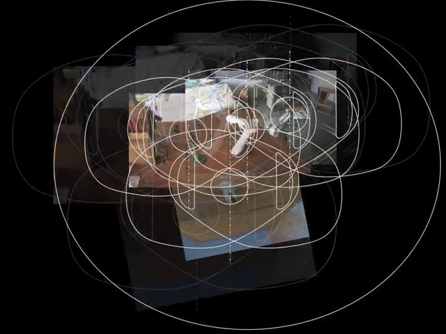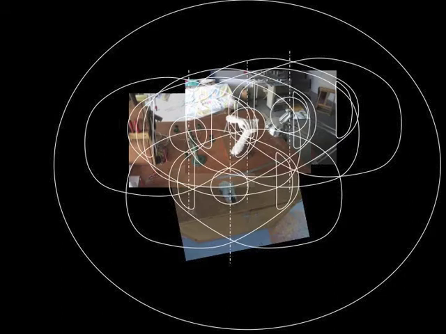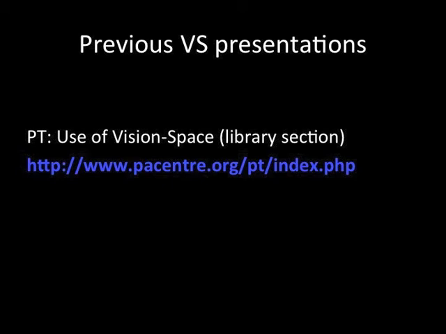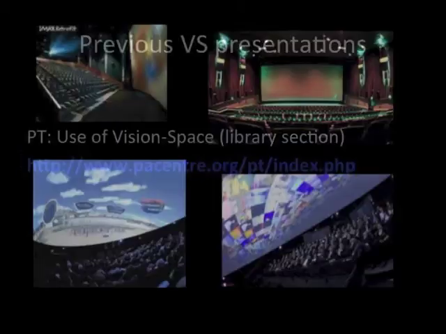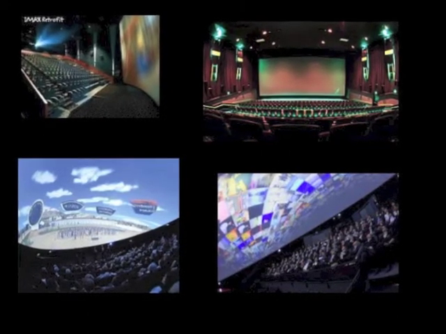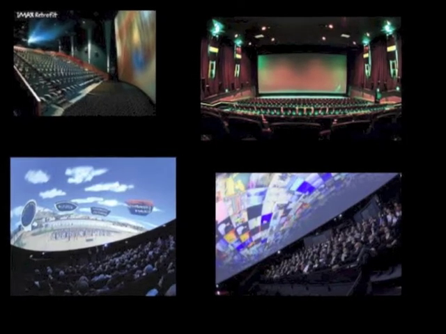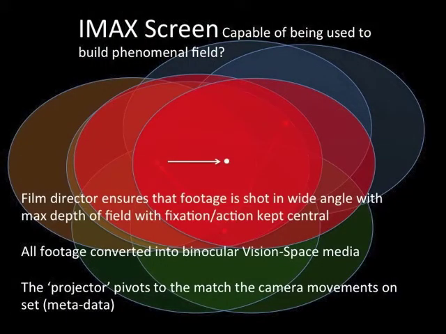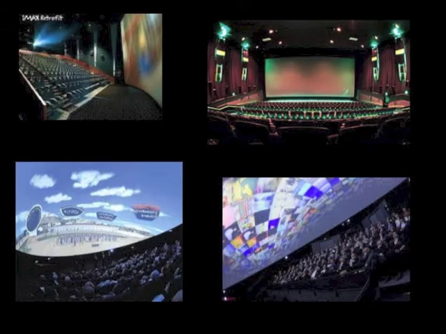I think I should also mention that there's a rather out-of-date PowerPoint on the PAC site that took an early look at some of the implications of VisionSpace in filmmaking. We can consider using IMAX and dome projection systems to present media seeking to develop phenomenal field awareness in audiences. This will involve filmmakers thinking in terms of fixation and the required saccadic eye movements, not just as an aid to storytelling, but also to engender phenomenal field. In this way, the population of phenomenal field, with camera movements and the use of screen in an active way, would form a vital part in generating a sense of first-person awareness. The elusive being there factor.